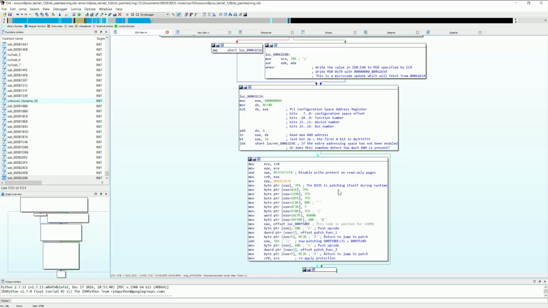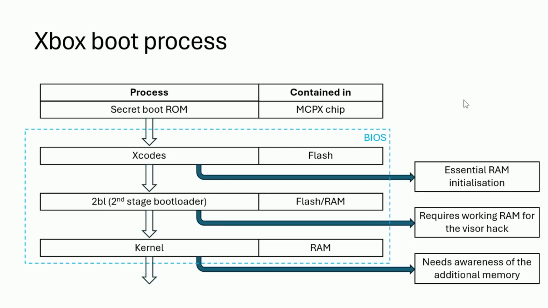I believe I got a larger amount of memory to work, such as 190 megabytes, but I was not able to get the full 256. Where I got lucky, though, is that the Executor BIOSes, the X2 and X3, do not use constants. What they do is they read the RAM address mask and then use that. So it's completely dynamic. However much memory you have is however much memory will be available. This is really awesome because I don't even have to do any patching at all. All I need to do is change those Xcodes to get the boot working, and then it already knows there's